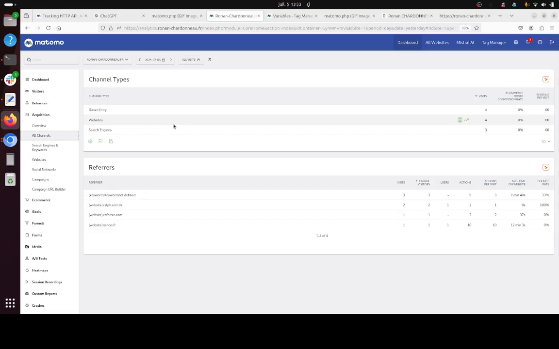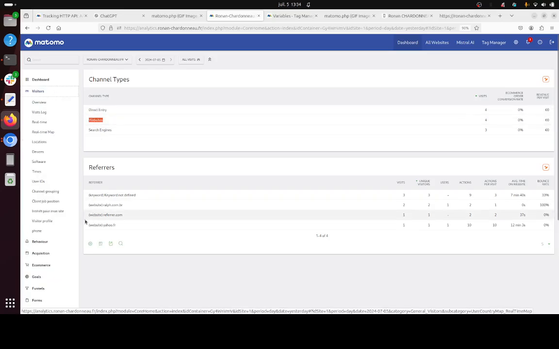QR code, email, or even if you would like to split the search engine, split the website, the direct entry, and so on and so forth, or maybe mix some of them together. So it's currently not possible to do it easily within Matomo, but what you can technically do is create